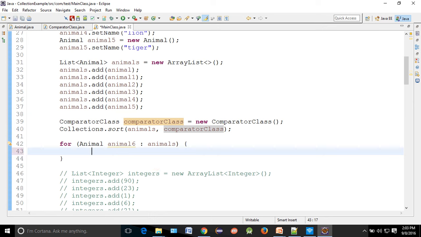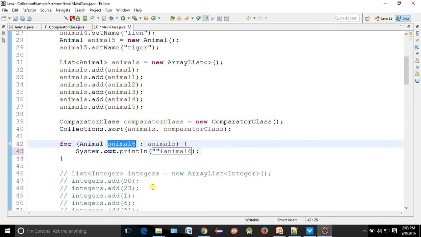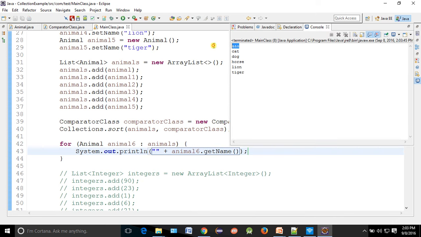So here if we do SYSO, you get the name of those animals. So animal 6, right? Why? Because this is the animal from where you can get the data, in a for loop, right? So the left side will be your assignment, dot get name. Now let's run this code. Who is coming first? See, A is coming first, then cat, dog, horse, lion, tiger. So A, B, C, D, E, F, G, H, I, J, K, L, M, N, O, P, Q, R, S,